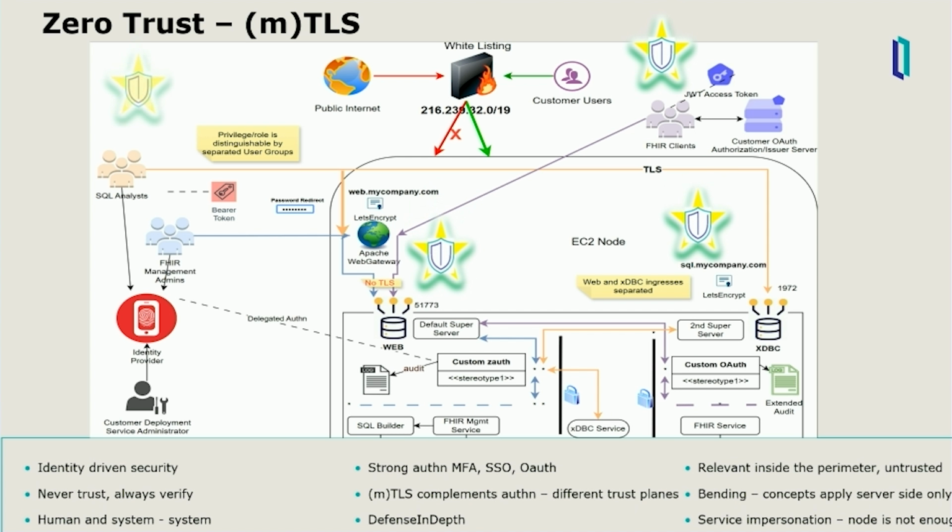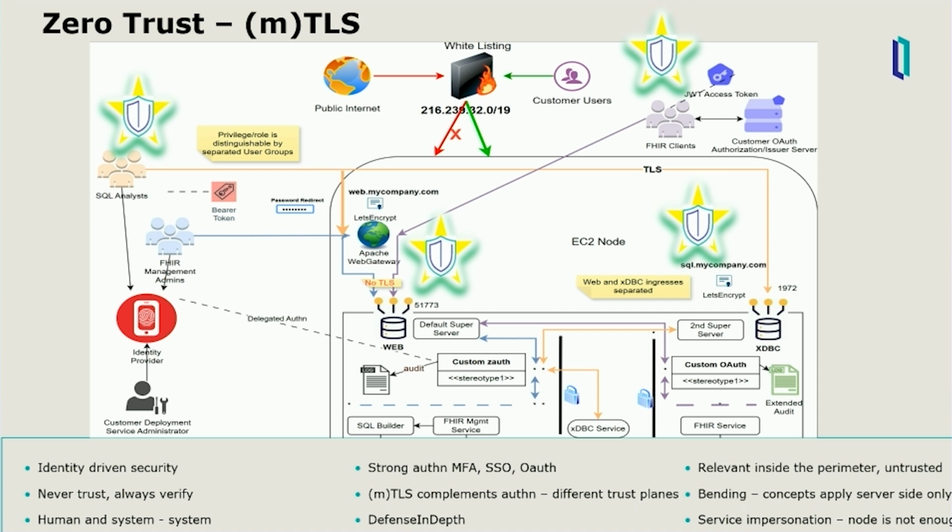Zero Trust MTLS. The two outer highlights show the identity, the IAM fundamental pillar we reviewed earlier, in play here, the key ingredient to the identity control trust plane that may include MFA, SSO, and/or OAuth, shown with the two outer highlights, then complemented with the transport trust plane with the two inner highlights with certificate TLS.